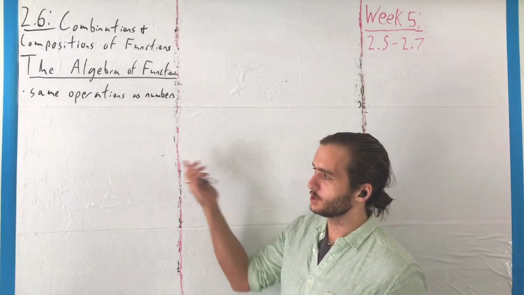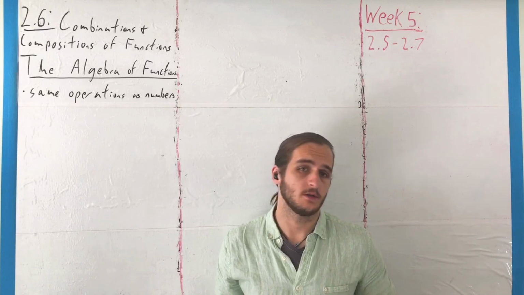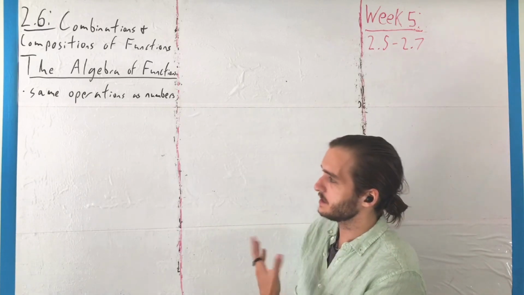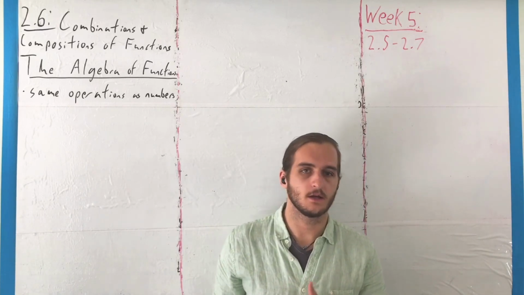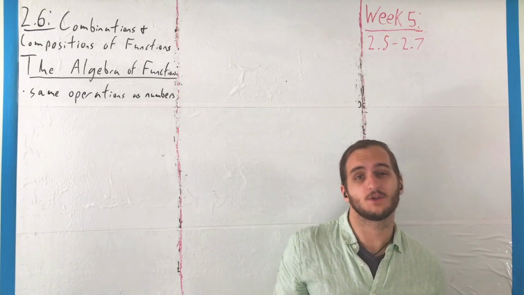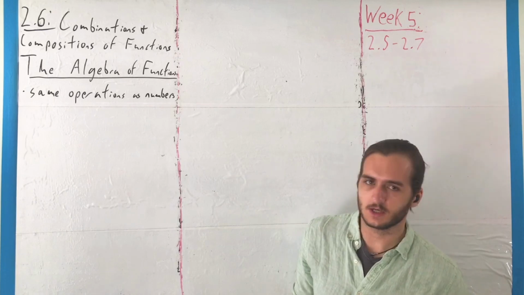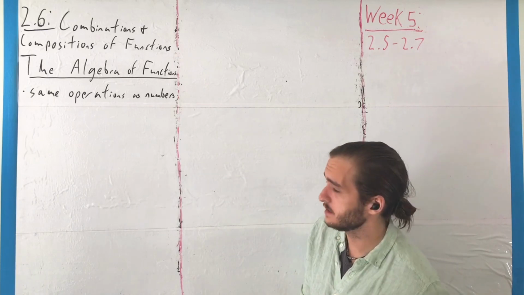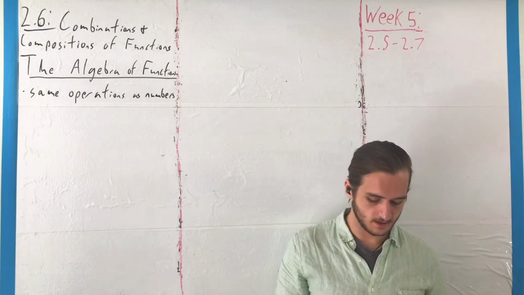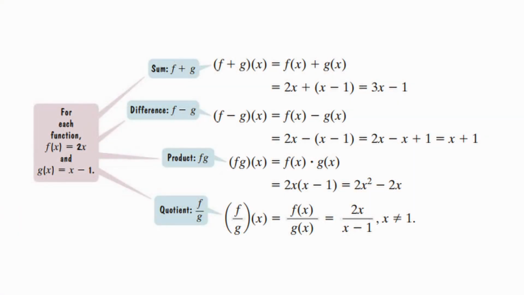With the idea of how we can determine the domain of a given function in mind, we're going to talk here about how we can stick functions together algebraically with things like addition, subtraction, multiplication, and division, which all work basically the same way they did for numbers, except because we've got x's to chase around, it's a little bit less clean. But anyway, if we have something nice to work with, say f of x is 2x and